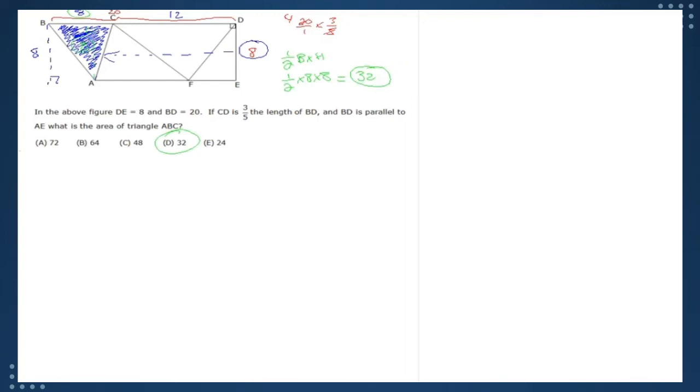I do want to get into one other type of problem, another rule, but let's hold off on that. I want to get into some inscribed shapes since we have about 25 minutes. So what we're going to move on to is circles, central angles, how those work, and then I want to deal with triangles inside circles. There's a lot of inscribed shapes that are asked about on the exam.